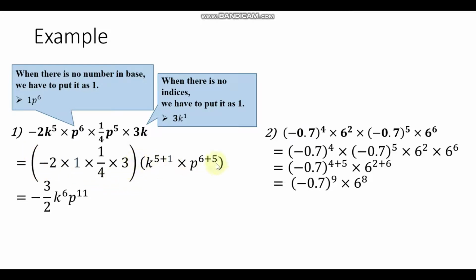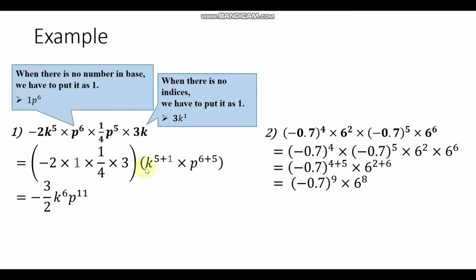Use two brackets to separate the number and the terms. The first bracket, we only put down the number before the terms, and the second bracket is the terms only with the value of index. So for the first one we have negative 2 times 1 times 1 over 4 times 3,